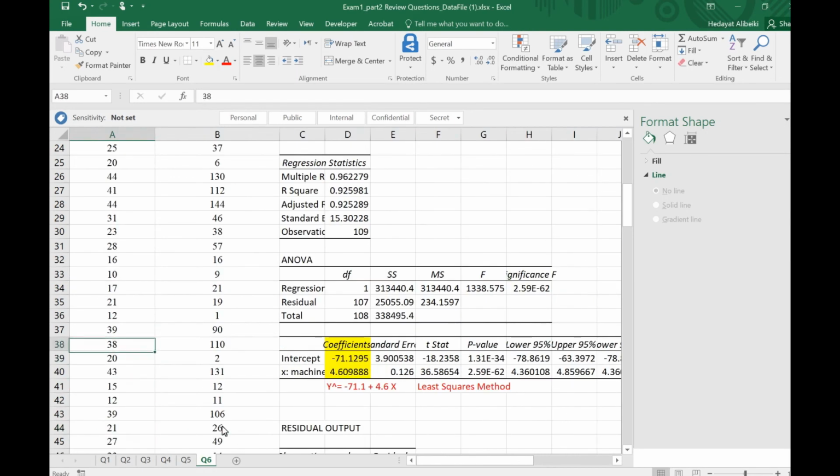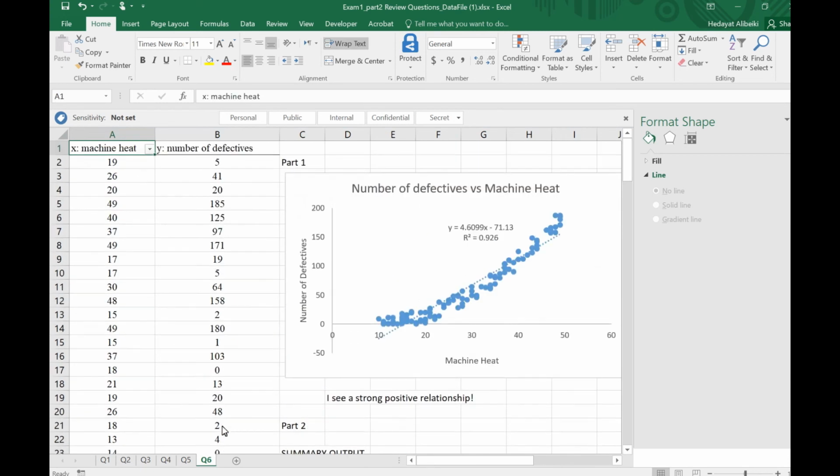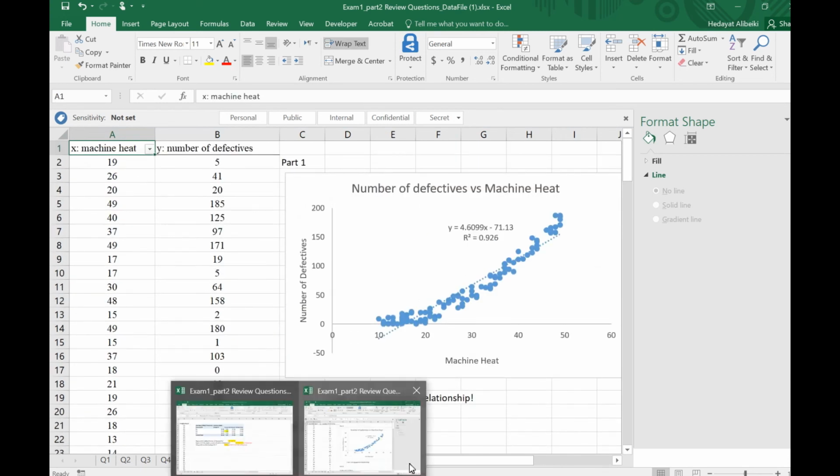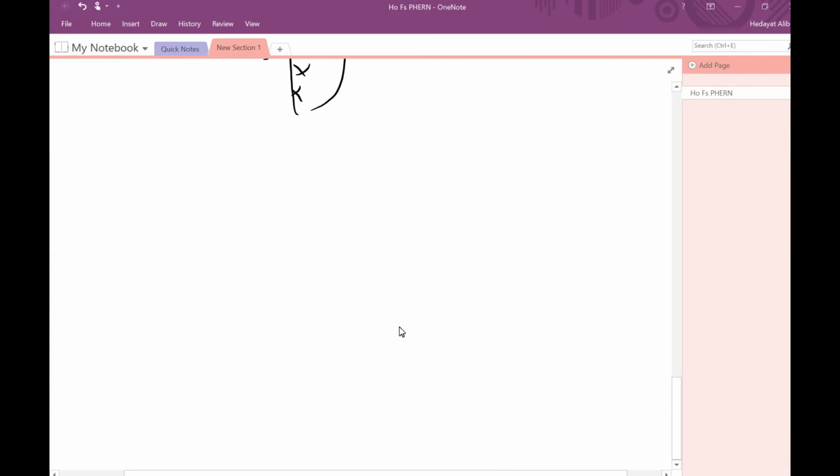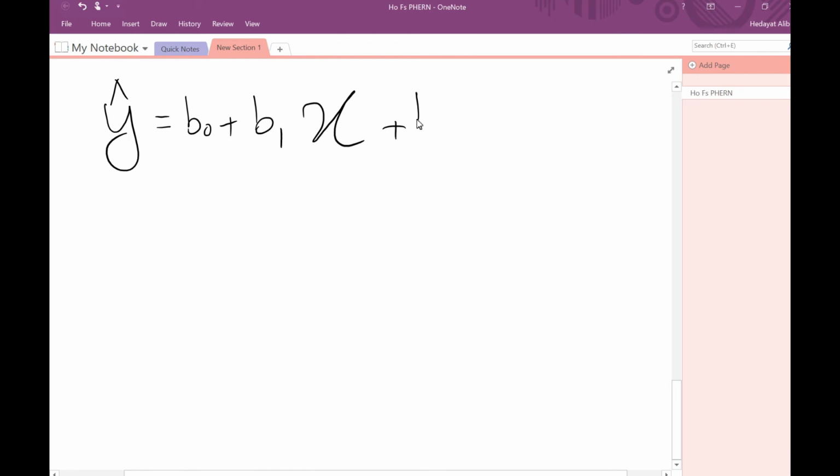So now I need to run a quadratic. For quadratic, let me just go back to this one. So for quadratic, I should be looking for y hat equal to b0 plus b1 x plus b2 x squared. So I have